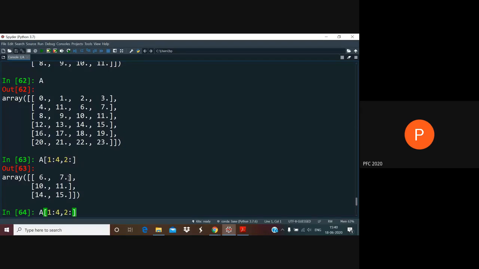Now, I just gave you this. There's a slice along the 0th axis, and along the 1 axis I just give a single number, which is 1. What this means is in the 0 axis, I'm going to take the values 1, 2, and 3. But for all of them, I'm going to take only the index 1 along the 1 axis. Index 1, of course, is this column. So this is going to give me 11, 9, and 13 in a 1D array.